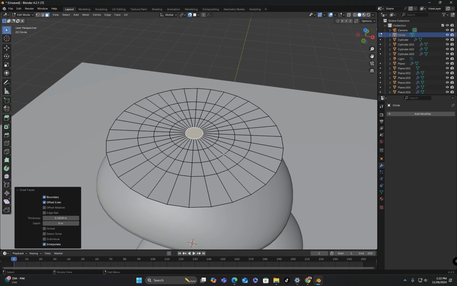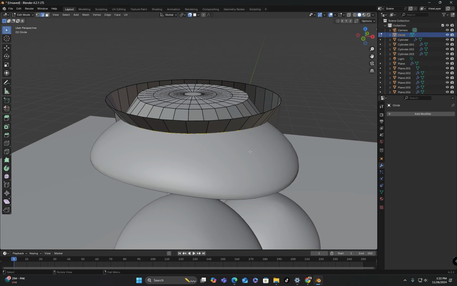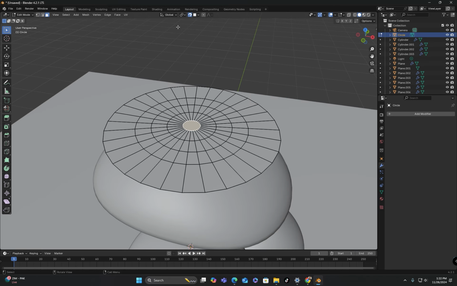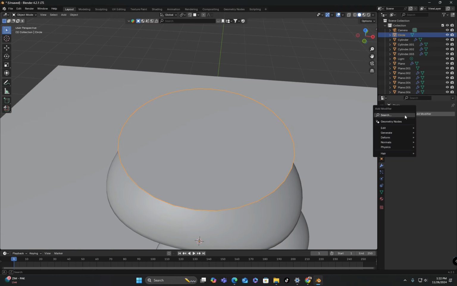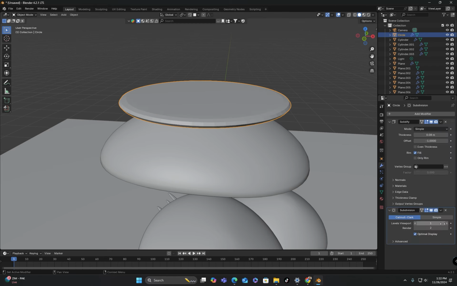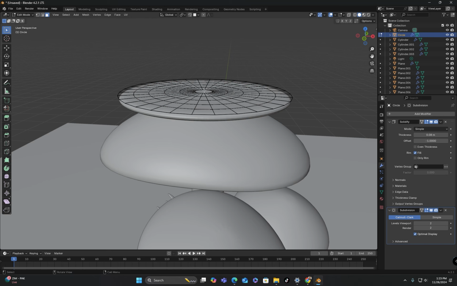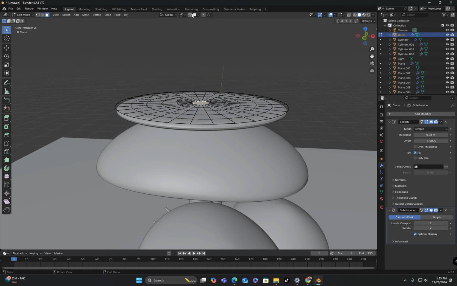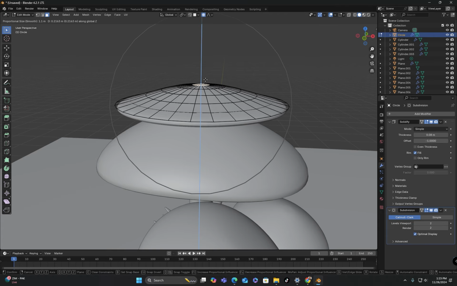After that, I will add an edge loop. Since the edge loop is snapping to the mushroom's geometry below, I will undo the action. Then I will disable snapping and add the edge loop again. Now I will add a solidify modifier to the object and then a subdivision modifier. Then I will enter edit mode, enable proportional editing, select the face and move it upward to create the desired shape.